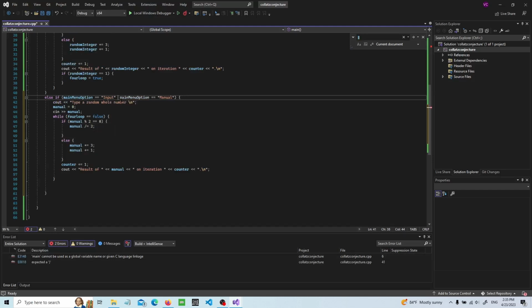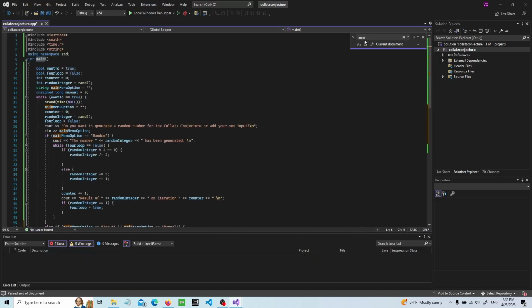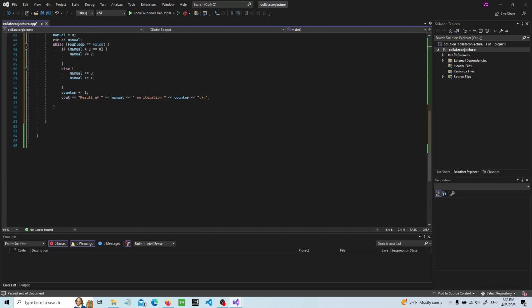What am I doing? What, did I just delete the thingamabobs? I'm looking for main. What? How is the error just magically gone now? This is why it's just broken. Everything is just broken now. Okay, now let's just pretend that didn't happen. So if manual